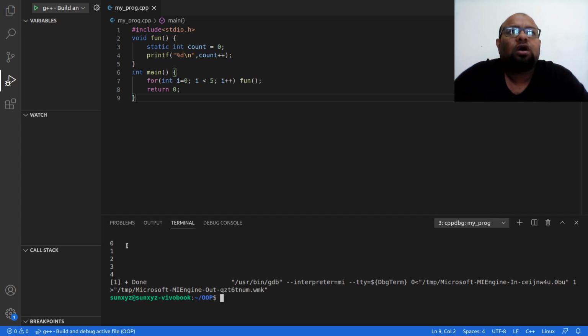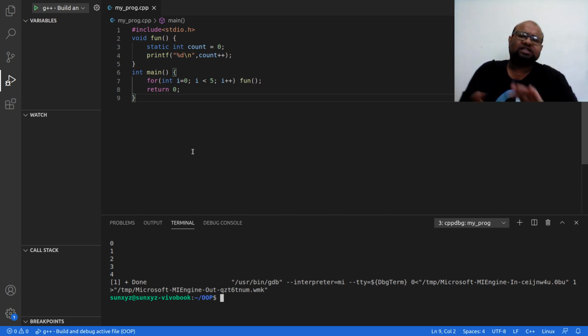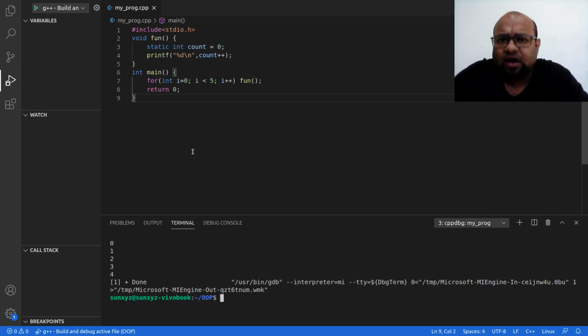The advantage of this is that when I return from a function call, whatever I allocate in the stack is going to be destroyed, but whatever is there in my data segment is going to be persistent. So what does this mean in the context of our program? This is what is happening.